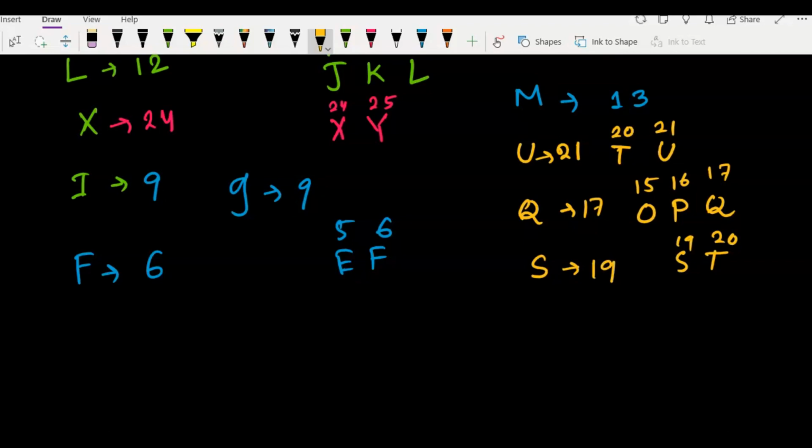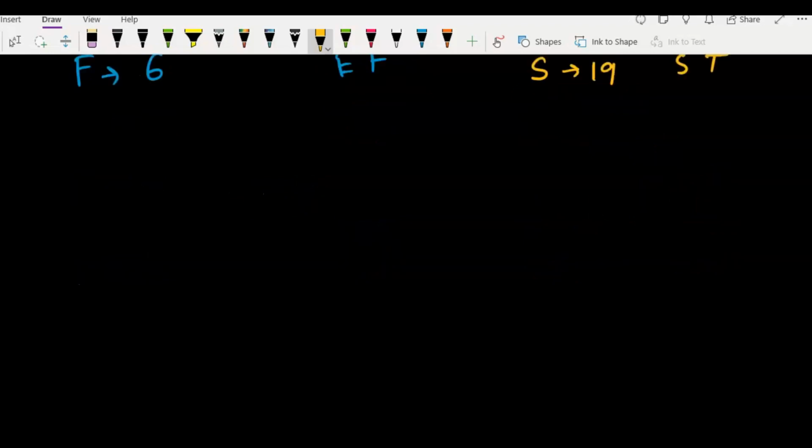So like this, you can remember all the place values. So you need to do some practice. You take a paragraph, and from that paragraph, for each of the letters you write the place values. Then you will understand, it is for your practice. Then you will remember them. So take a paragraph of 3 or 4 lines, and from those lines write the place values of all the letters. In this way you can remember all the place values.